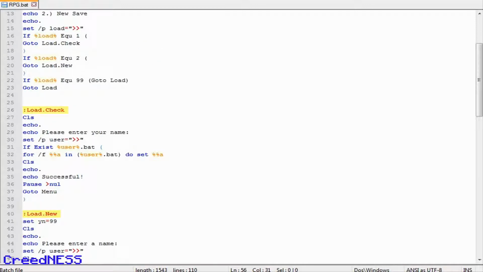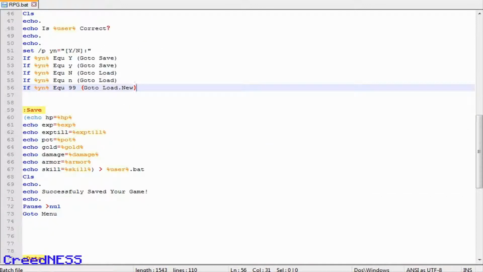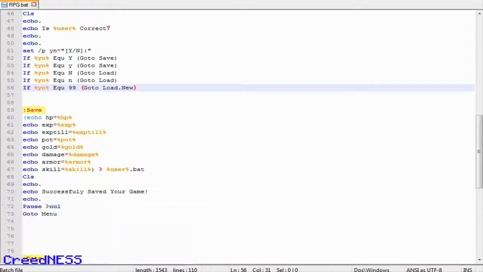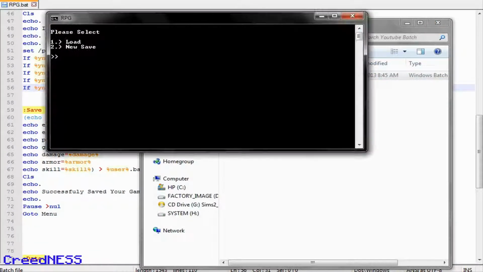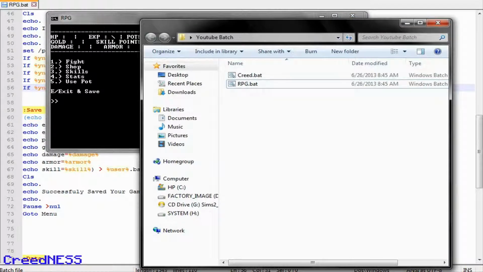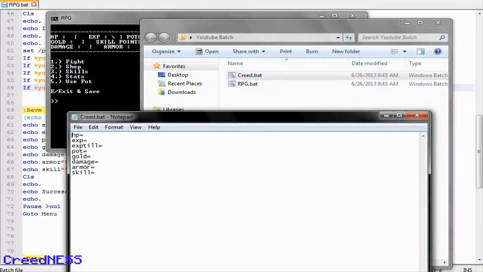Alright, so this should work. So if I go ahead and, where's it at? I think this one right here. So if I go ahead and run it now, and I click new save, I'm going to enter a name. I'm going to enter Creed. So is Creed correct? I'm going to say yes. Successfully saved your game. Now if you look in your file here, it made a file called creed.bat, and if you edit that,